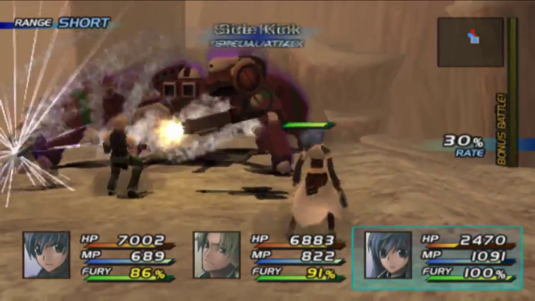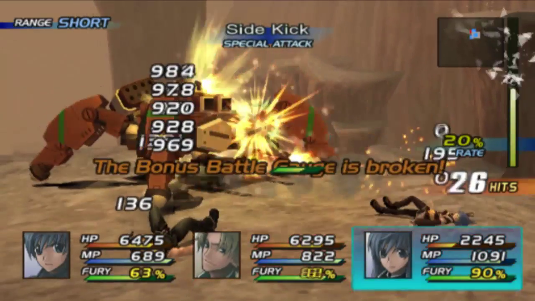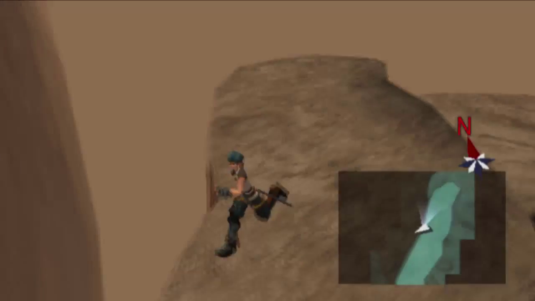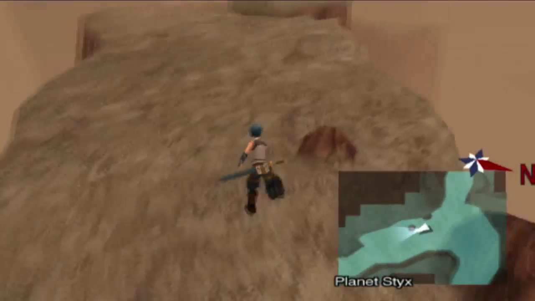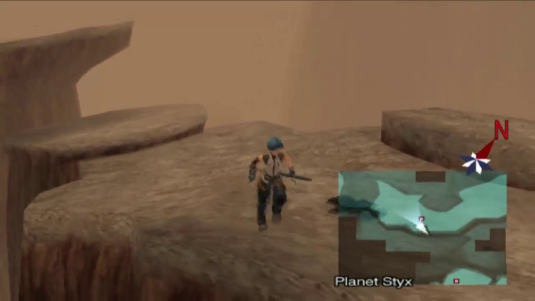Ow, that's annoying. Stop doing that. Yeah, they tend to break your battle gauge quite quickly. I was hoping I could show off them actually dropping something, but it doesn't seem to want to do that for me. Basically, now I might as well show you the best kind of method for farming, which is taking